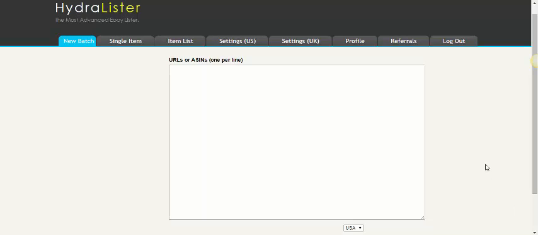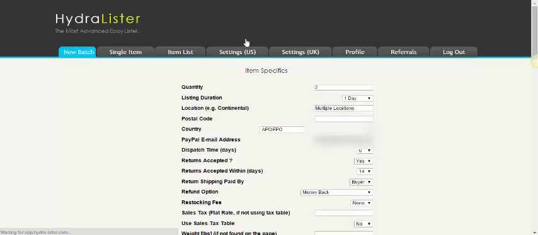So with that said, we're going to head on over to the settings tab of HydraLister, and that's going to be settings US if you're selling on the US platform, or settings UK if you're selling on the UK platform of eBay. So you click settings US. Okay, so what you do here when you come in, the first thing you're going to do is set your